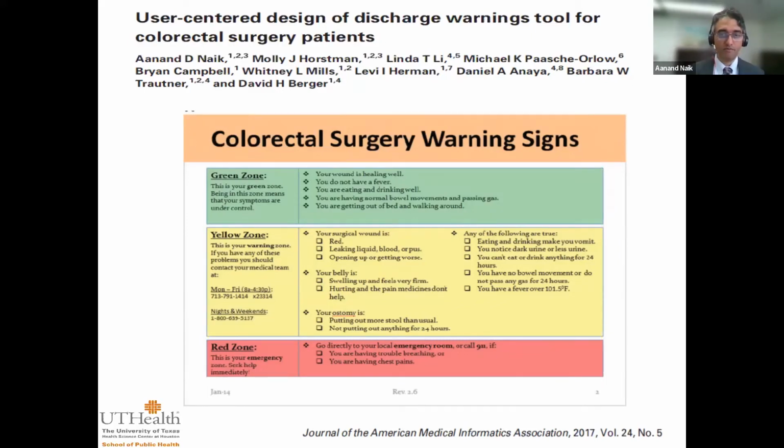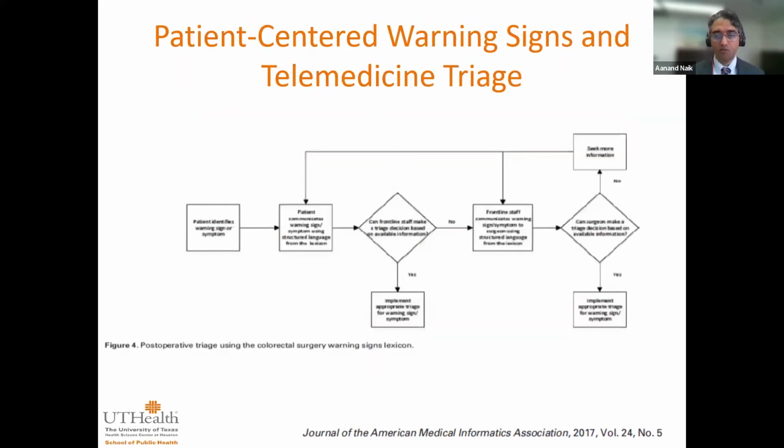And really in terms of patient speak, we worked this into a triage flow. How would patients think about this? Who would they call? What would the nurse say to them? How do we triage them? And we made that workflow into a process. And this is a nice publication as well that showed some of these informatics tools that we developed, and that went into the Journal of the American Medical Informatics Association.